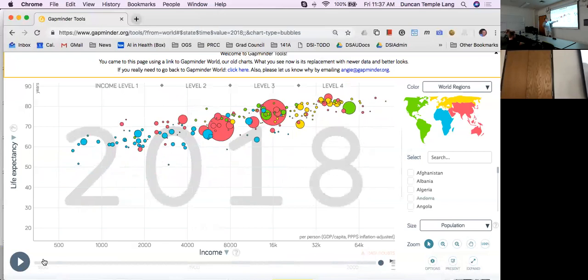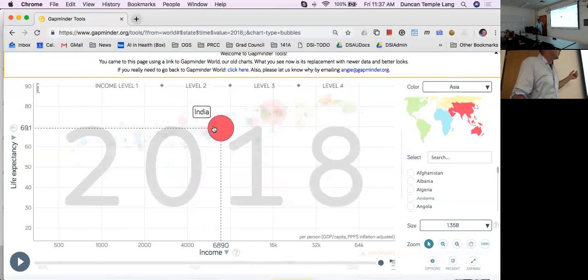You could put this on a printed page, but you'd have to have one for each year. That's a lot of pages and an awful lot of cognitive switching between them. So this is a much nicer and different medium. You can also go over and identify each of these things, and look at individual ones.